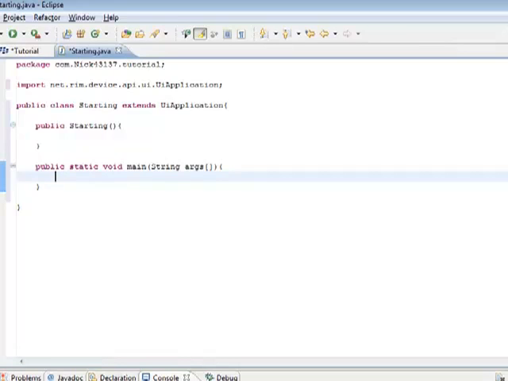So we want it to, when it starts, do this class, starting. And it's only going to do the constructor, because the constructor is what's called when the class is created, or a new instance of the class is created. So we're going to do starting. You always, and Java is an object